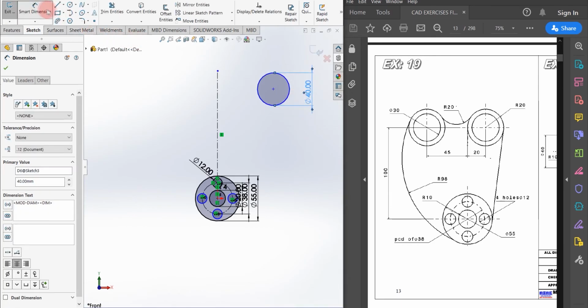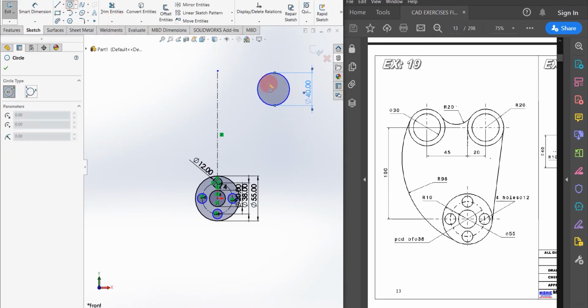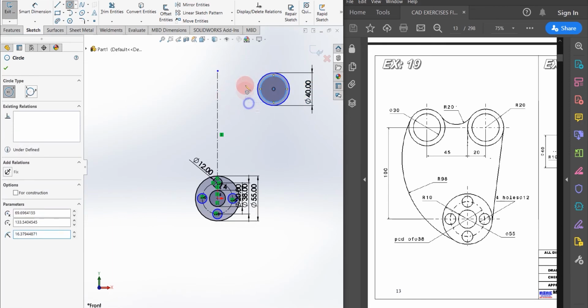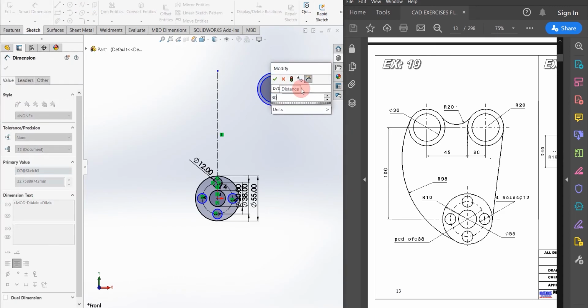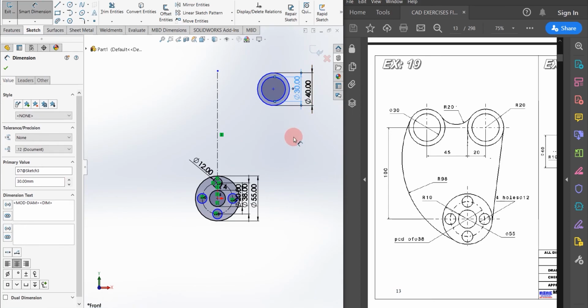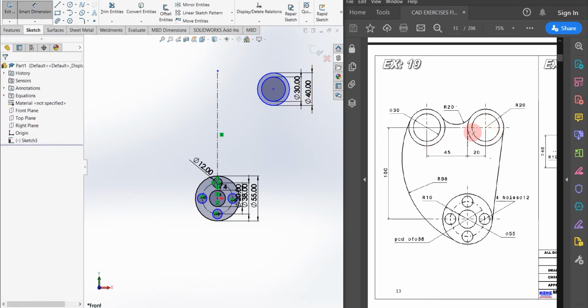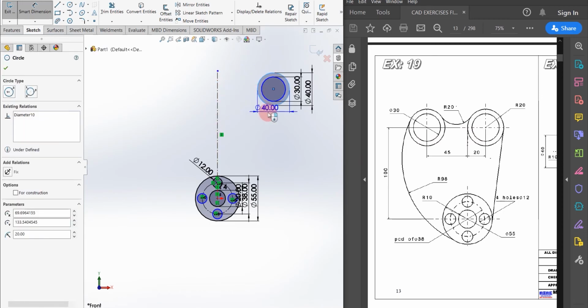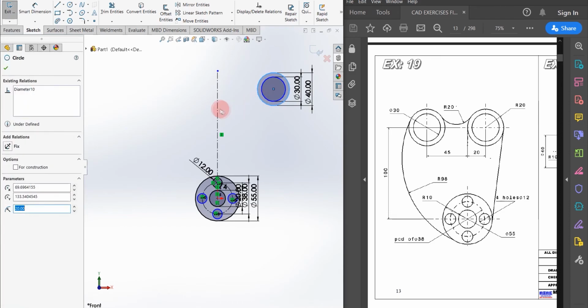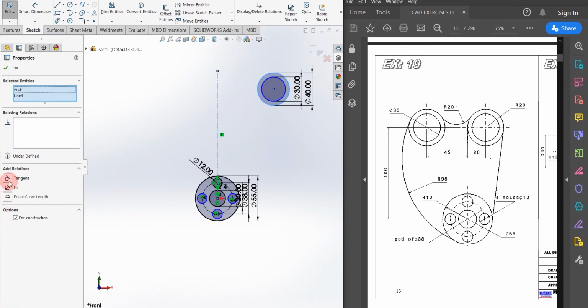Now there is another inner one which has diameter 30 mm. As you can see in the sketch, the outer circle is tangent to the center line which I have just sketched. So I am going to select this circle and this center line and click on tangent.